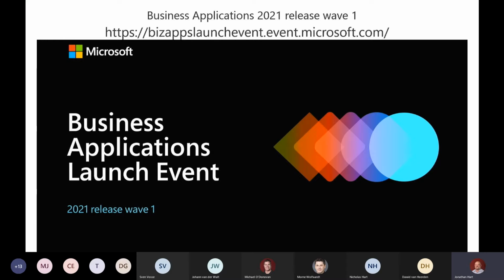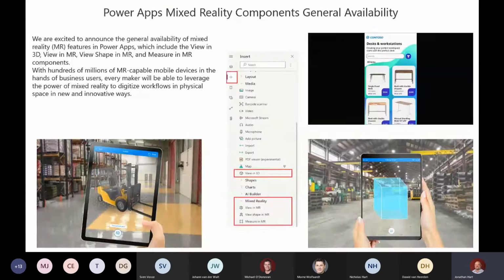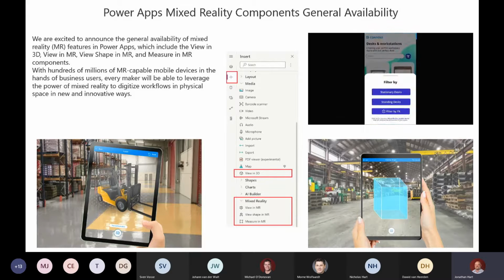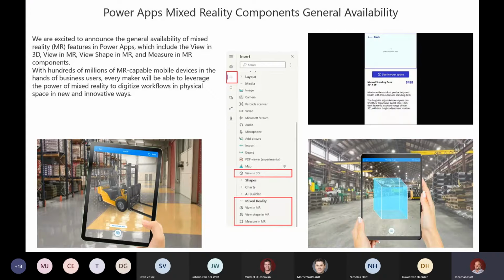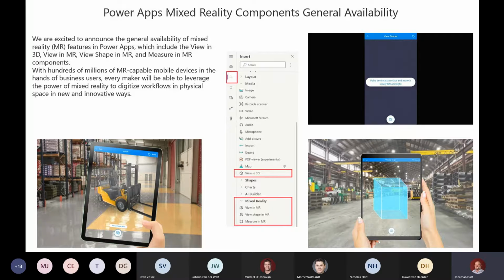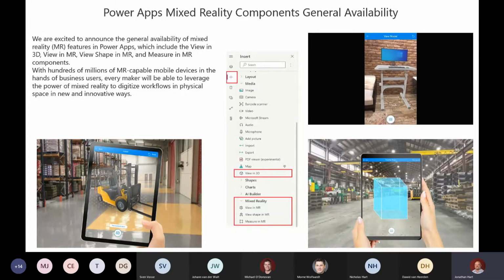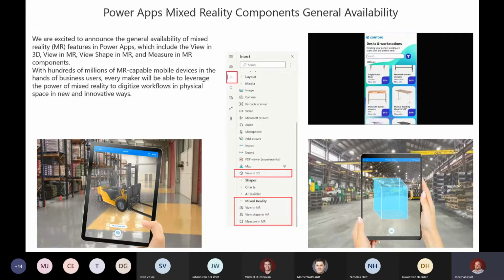So check it out. The next one that's also really quite cool is mixed reality components are now generally available, which means now it's fully supported. Check it out, start playing around with it. If you haven't played around with mixed reality and you just want to see how to do some things, Karika on the call actually did a great session for us in June last year, and that is on the YouTube channel. So go in, check that out. You'll see what she was able to do with it. There are some great things that people are doing with mixed reality at the moment, and we're seeing this become very popular. So check it out, see how you can start utilizing it in your apps.